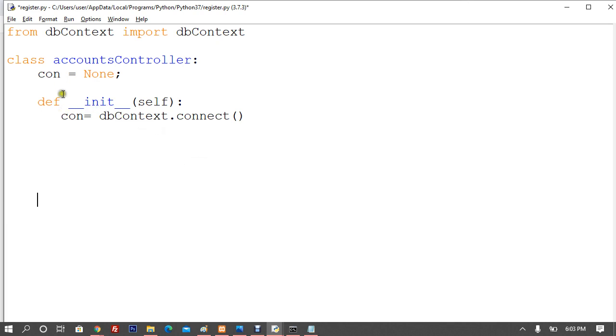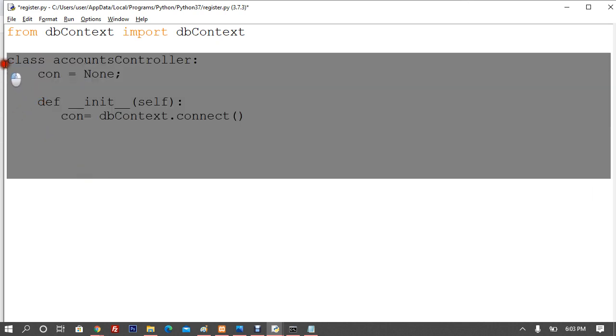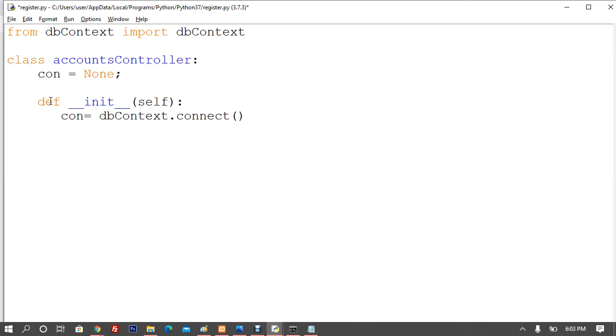Now why are we doing this? You can see this con is accessible anywhere from the class. That's why I have made this variable con here, because it can be accessed from anywhere in the class. For example, I will define a function, is valid, and I'll say self, and it is going to take an object which is user. We know this already. It's going to take one object of the model class which has getters and setters, and we call this user. And I can say if user dot get username,